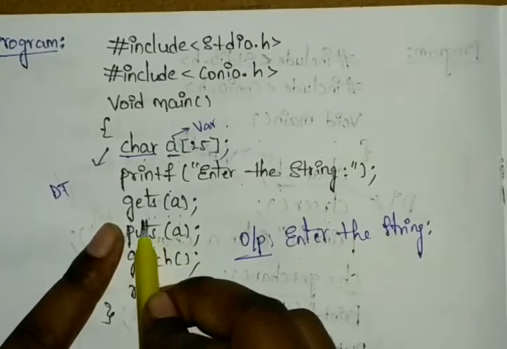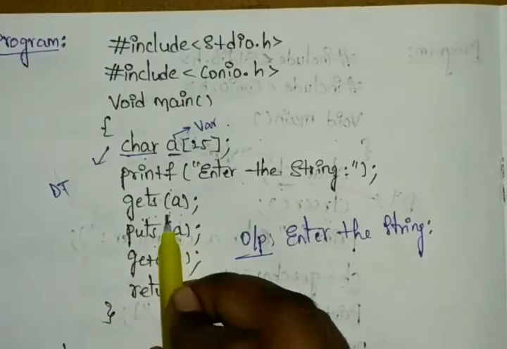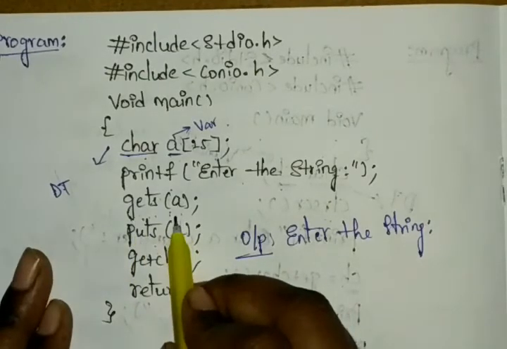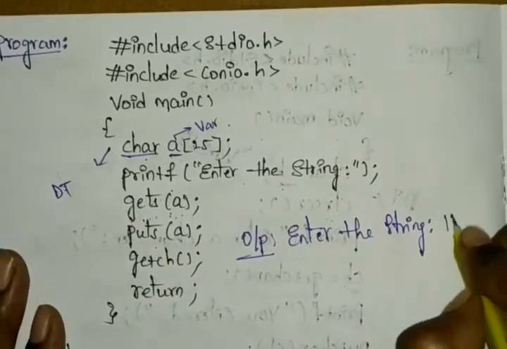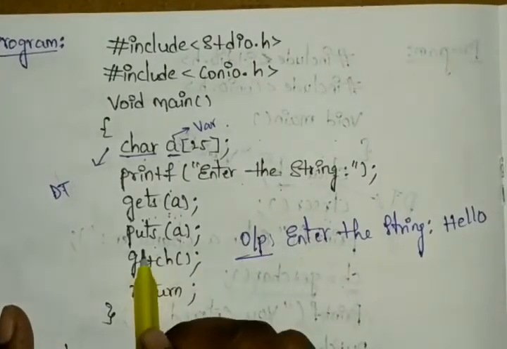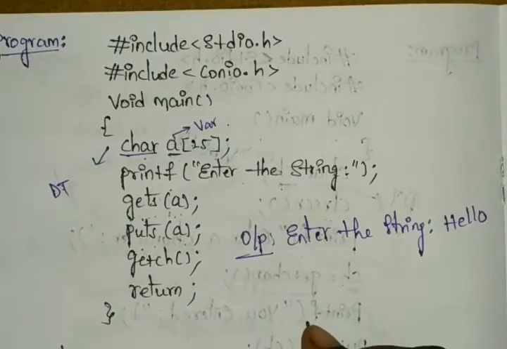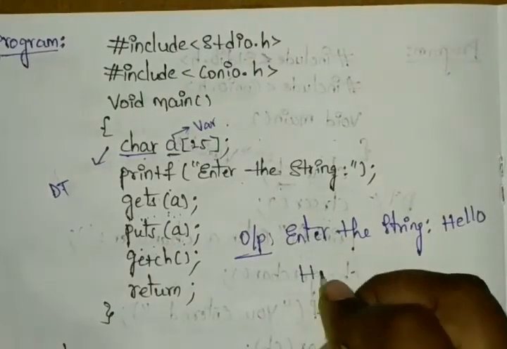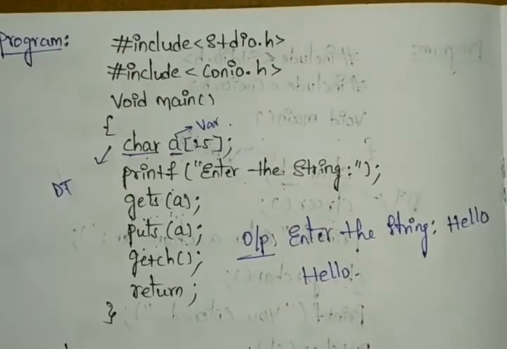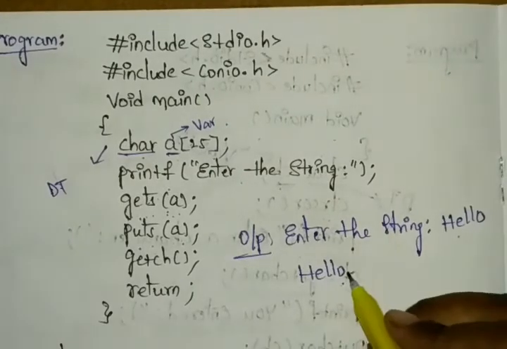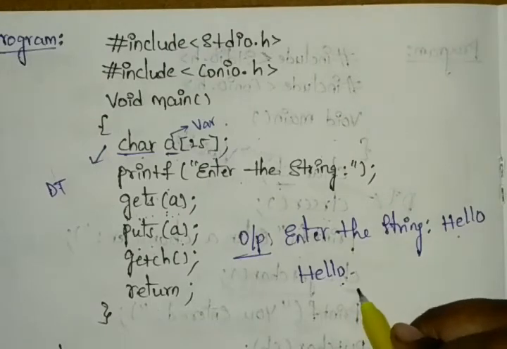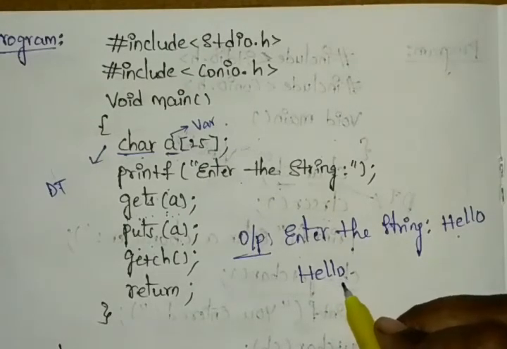After that, in the next line we have gets(a). Now gets(a) reads the string the user entered by the keyboard. I am entering just "hello", this is the string. Once that is completed, puts displays that on the output screen: hello. Like this we can perform gets and puts. It handles the string format. With a character we gave just one letter, and in this we have a combination of letters, that is the string format.